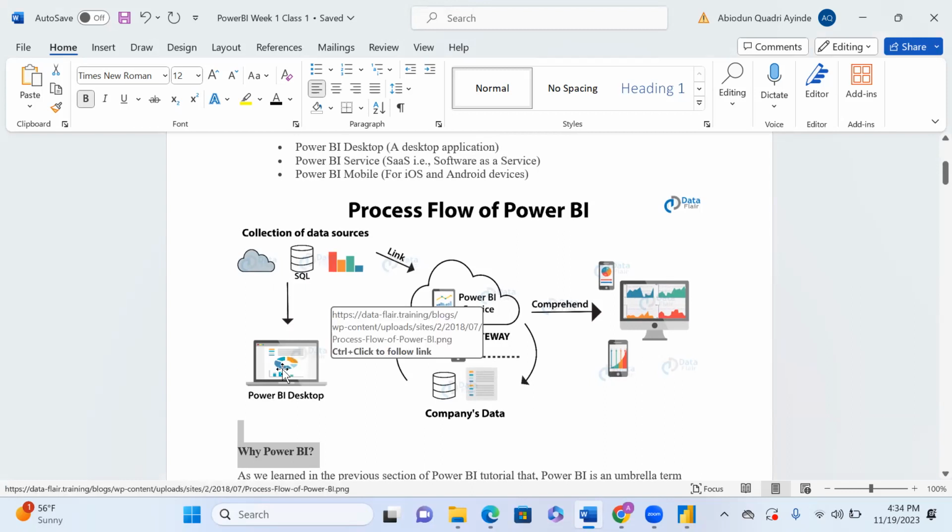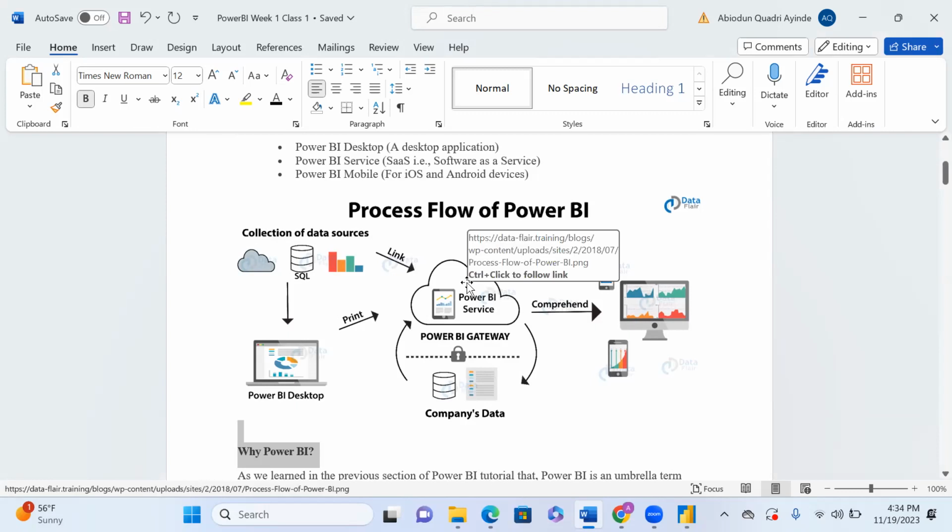So we build our dashboard on the Power BI desktop. We pull from the collection of data sources that I've just shown you, and we publish to the Power BI service. When we are publishing to the Power BI service, there must be a Power BI gateway. And what the gateway does is this. The gateway is going to be pulling, if you are using a SQL server,